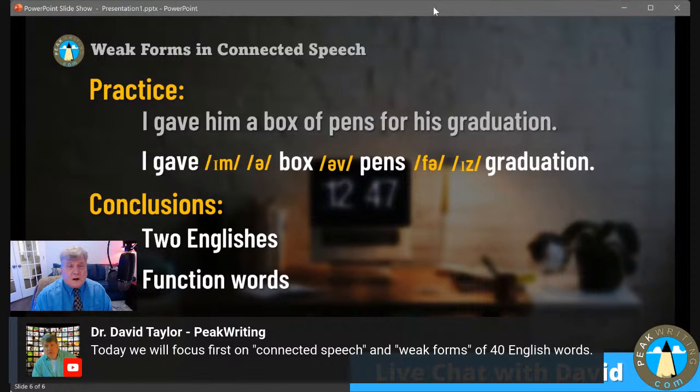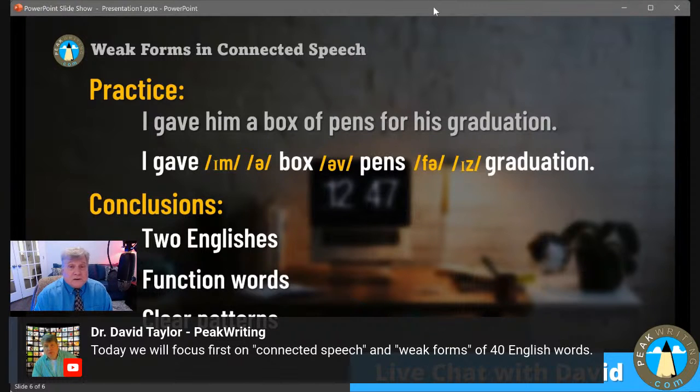And this is often why, despite hours and hours of studying vocabulary and grammar, the fluency of listening and understanding a native speaker, your own fluency when you speak the language, might lag behind. You know the grammar. You know the vocabulary. What is missing? What is missing is these 40 words, also called function words or grammar words.